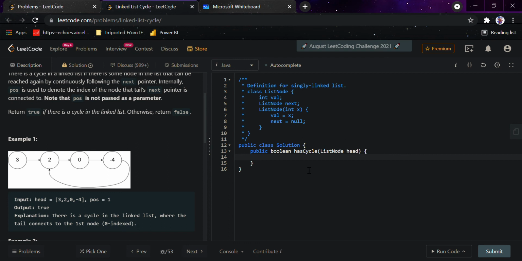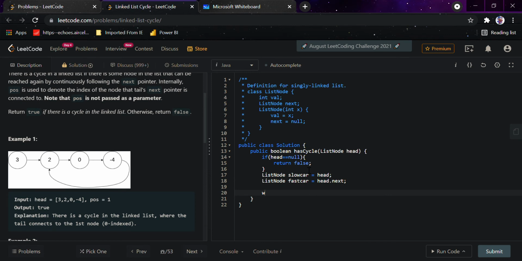So I would code this to make things more clear. We would first write the base case, that if head is equal to null, then we would simply return false. If the head is null, how can a linked list cycle occur? There is no linked list. Now we would put ListNode slowCar, and it would be head. Now I would take another car, that is fastCar, and it would be head.next. It would start off with the second node.